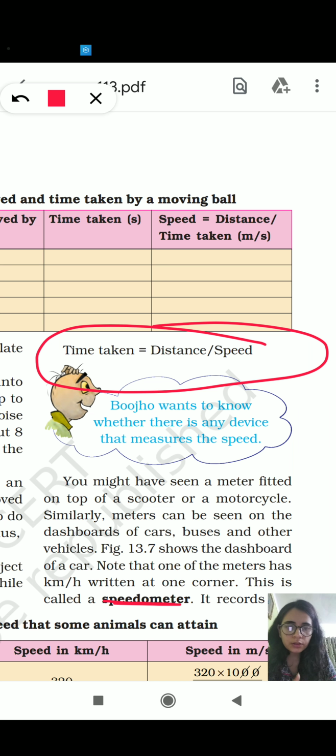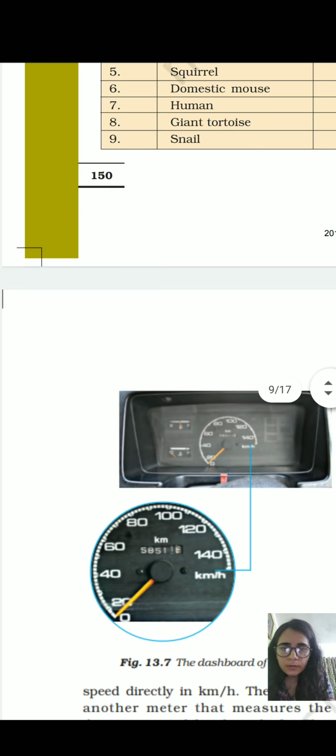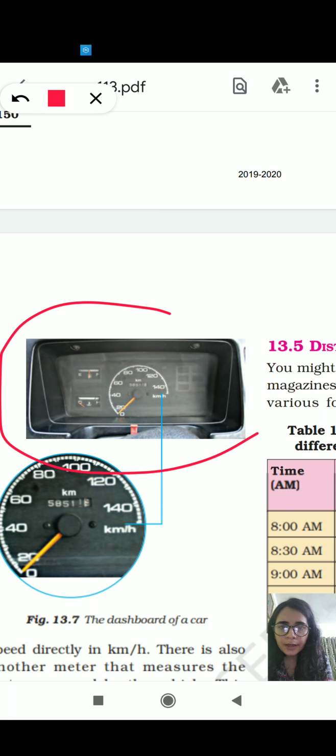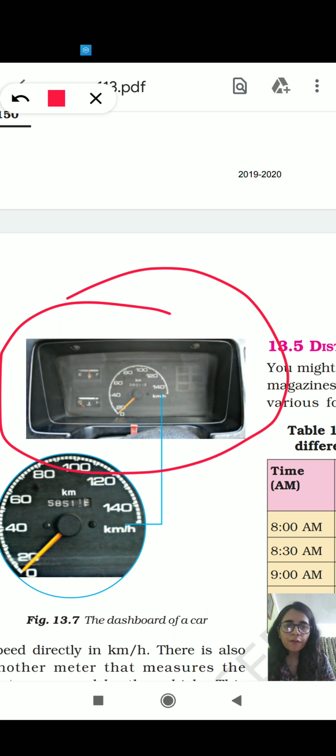Okay students, now one more thing, what is a speedometer? You have to do this at your home. I hope all of you have a car or a motorcycle at your home. Please watch their speedometer. Now what is a speedometer? I will show you this kind of thing you can see here, where the speed is noted. You will see that when the car moves, the speed goes on increasing this way. So this is called a speedometer, which is used to measure the speed of an object. The speed is measured here in kilometers per hour.